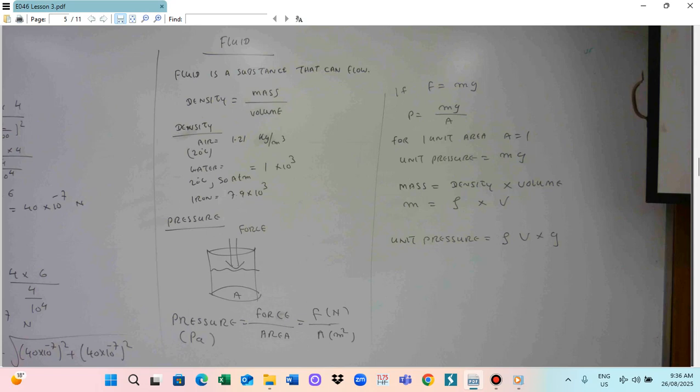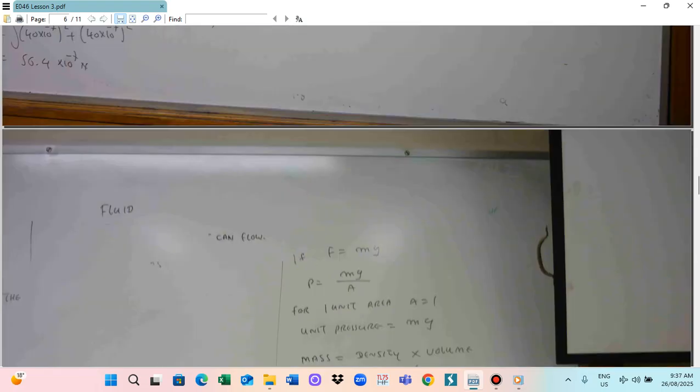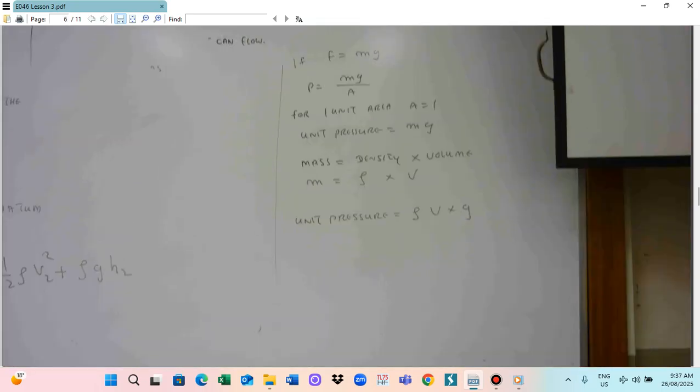In the meantime, we also calculate for the pressure. So pressure also can be calculated by mass multiplied by the gravity. Pressure is equal to force by the area. So the force is equal to mass multiplied by gravity. So if F is equal to mg, the pressure P can be calculated as mg divided by